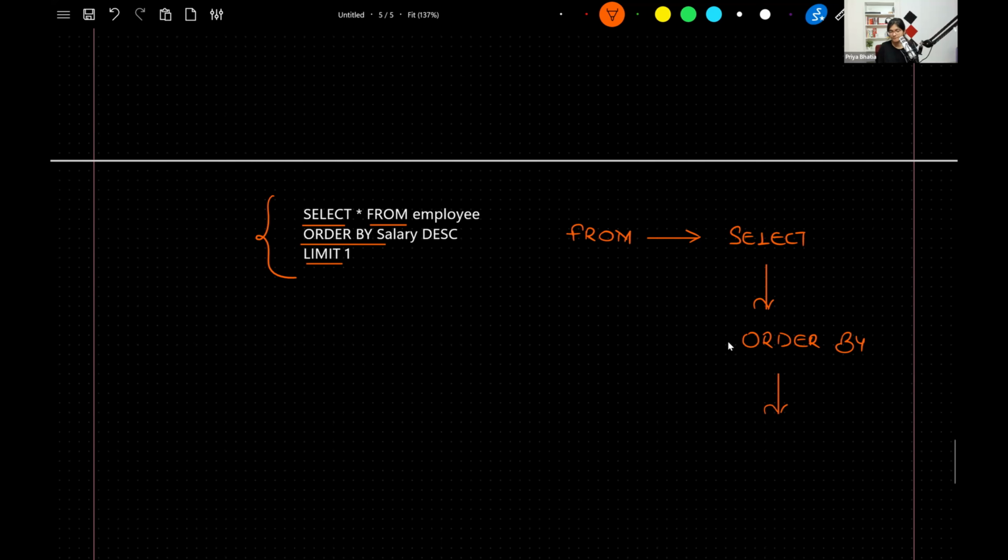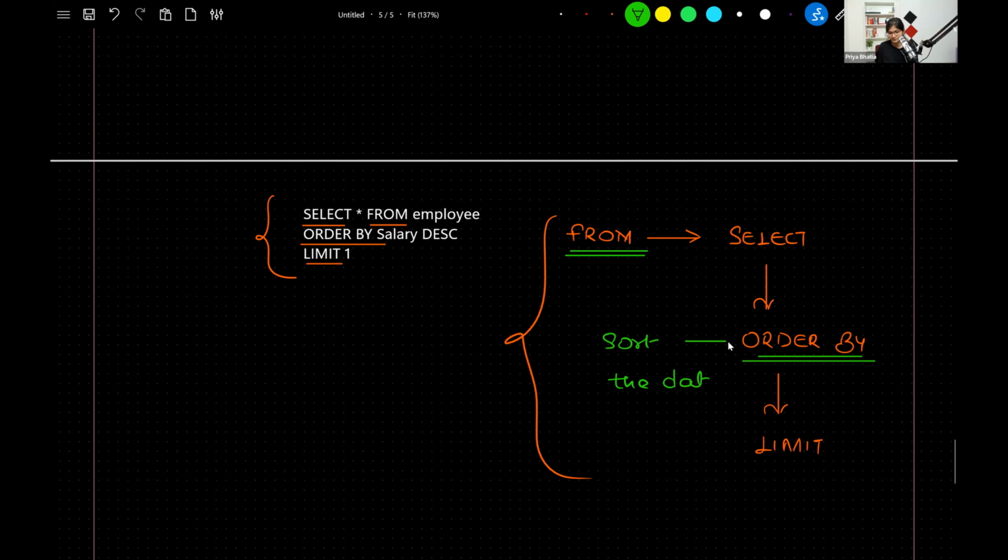And then finally limit will work. So how is that feasible? What is the issue with respect to whatever answers you have given? See, you are saying select star from table name, order by salary. So first of all, it will go to the from, will fetch the details of that table employee. Then when you're saying order by, I told you it will sort the data. The purpose is it will try to sort the data depending upon whatever be the query you're writing, depending upon